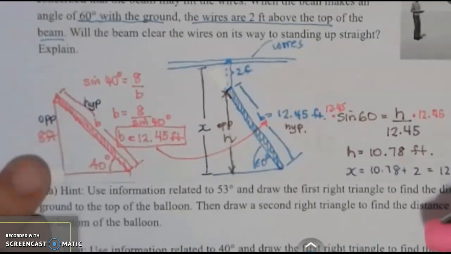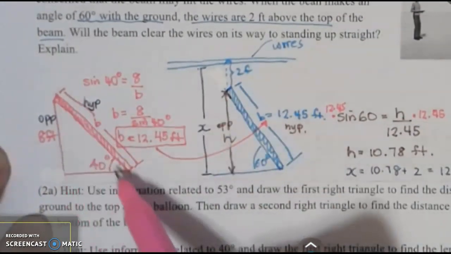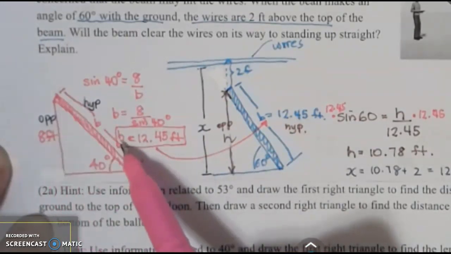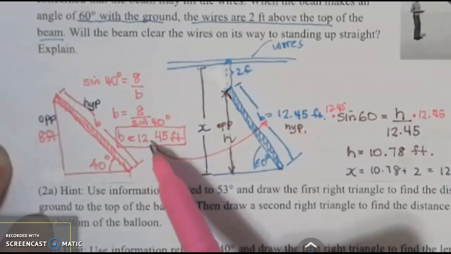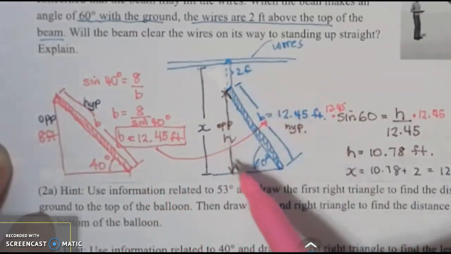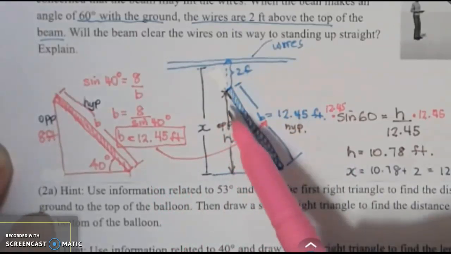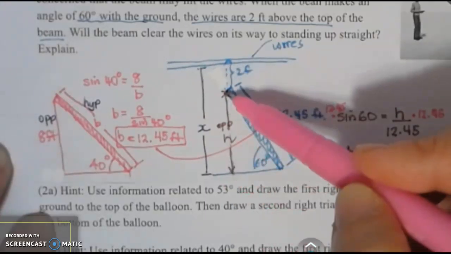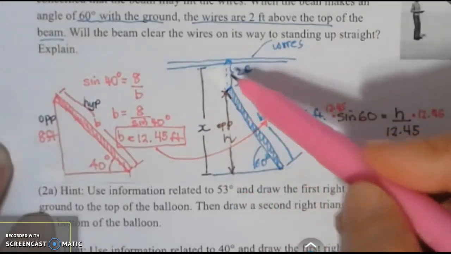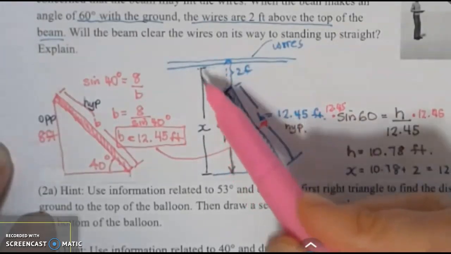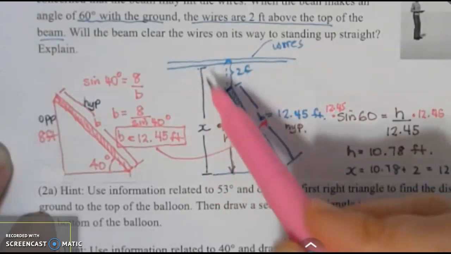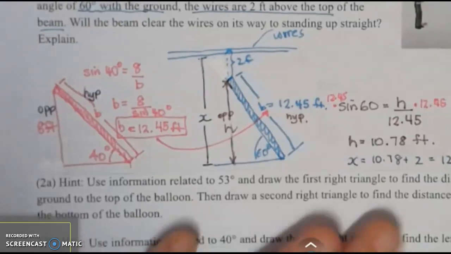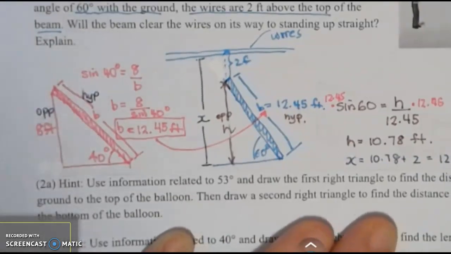The next problem, the triangles look like this. 40 degrees for the beam, 8 feet. And from here, you need to figure out what beam length is, which you get to be 12.45. And then from the second diagram, you get 60 degrees, and you have the height from ground to the tip of the beam, and we're told that there's 2 more feet there. So then you can figure out how high the wires are from the ground, and you figure out the ground wires are 12.78 feet above, and the beam